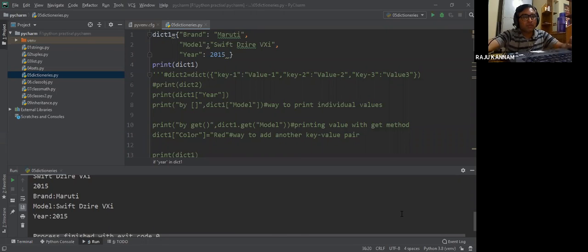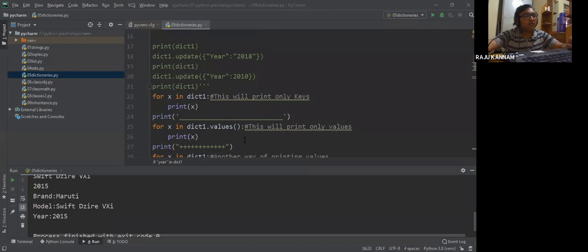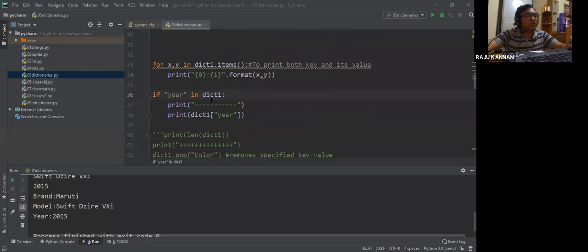No. Dot value method will give only the value, and dot items will give both key name and value. Dot value is different and dot items is different. Two methods. Dot value will give only values of your elements, and dot items will give both key and values. Okay, so now here